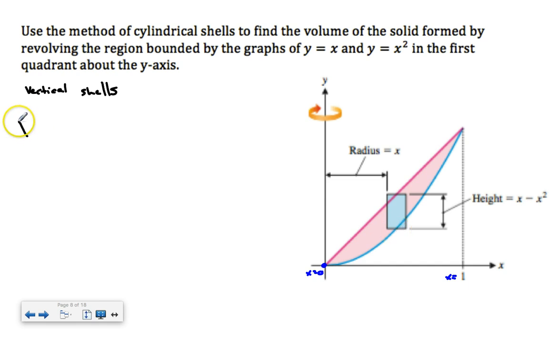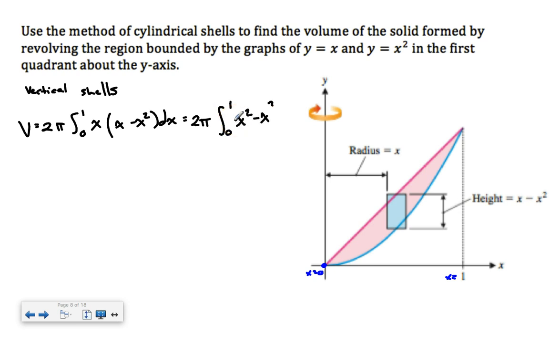So the volume of the cylindrical shell is going to be 2 pi times the integral from 0 to 1 of the inner radius, which is x, times the height of the rectangle, which is x minus x squared dx. Distributing out, we should get 2 pi times the integral from 0 to 1 of x squared